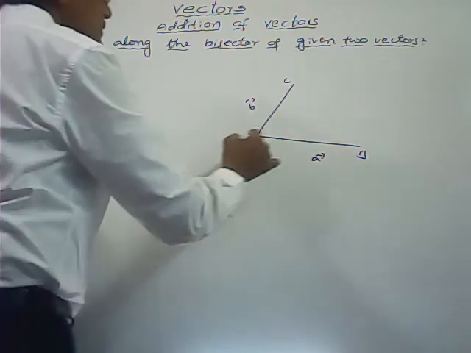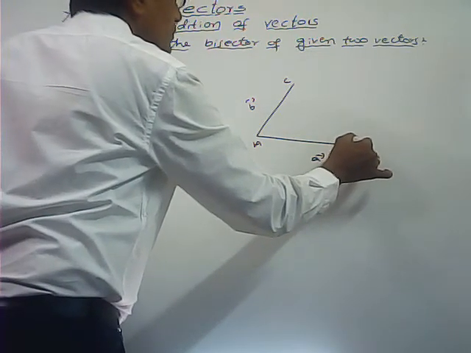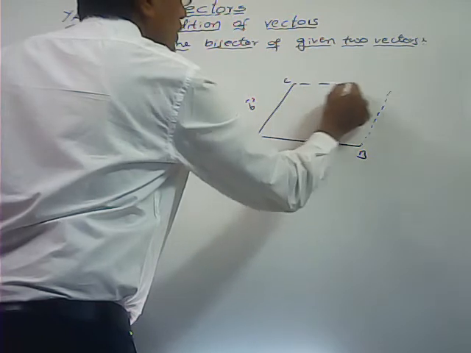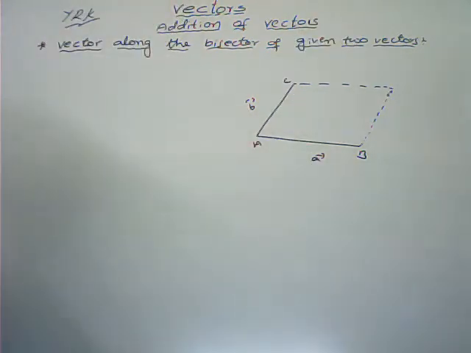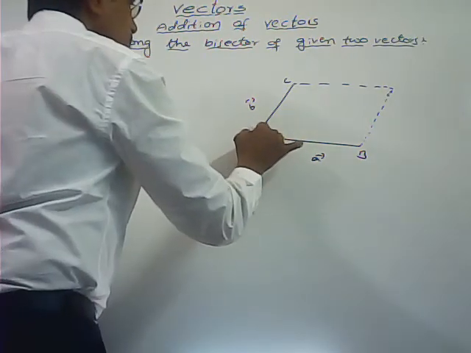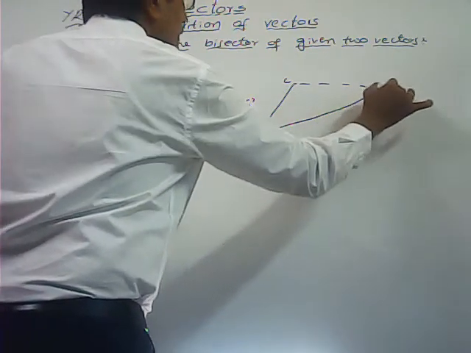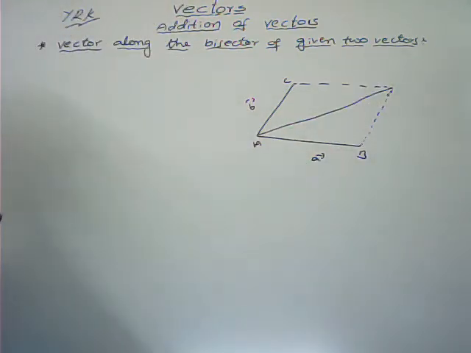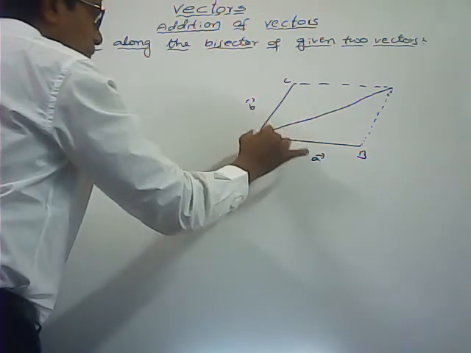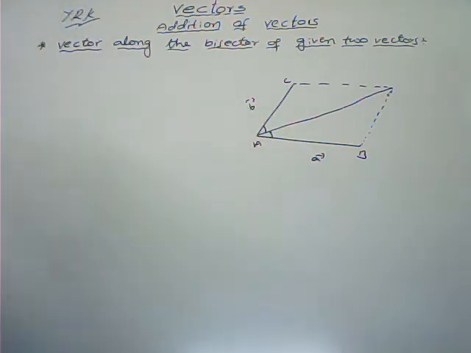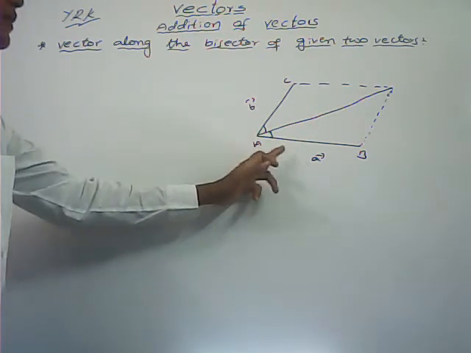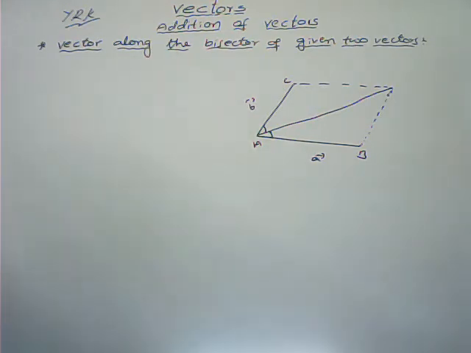But in a rhombus, complete that rhombus. Now in a rhombus, the diagonal bisects the angle between these 2 adjacent sides. Here this is the angular bisector we say in a rhombus. In a rhombus, here I have taken AB bar equal to A bar, BC bar, AC bar equal to B bar. But in a rhombus, all the sides are equal. All the sides are equal.